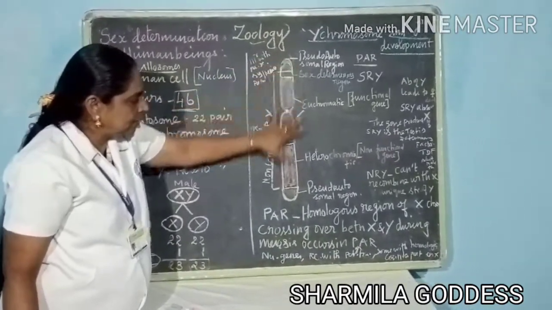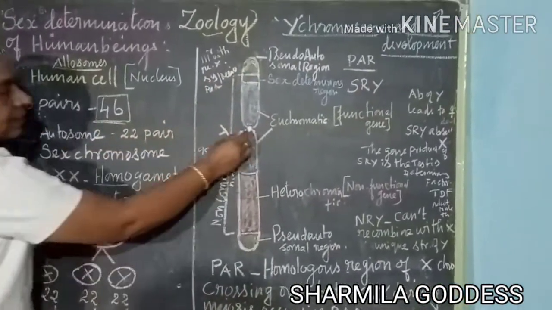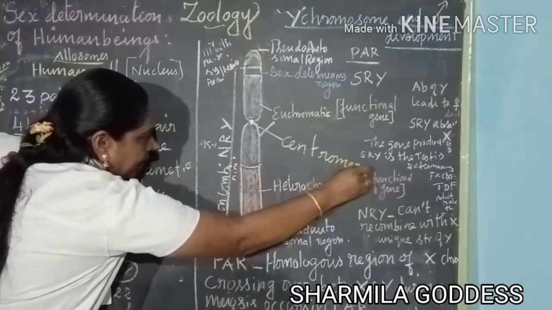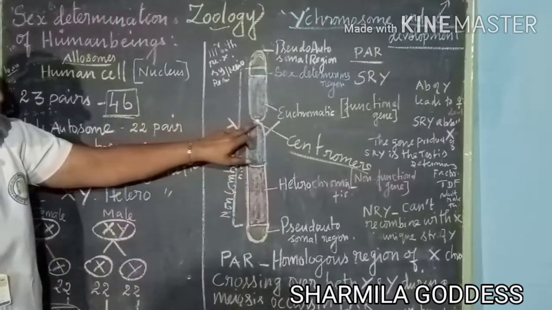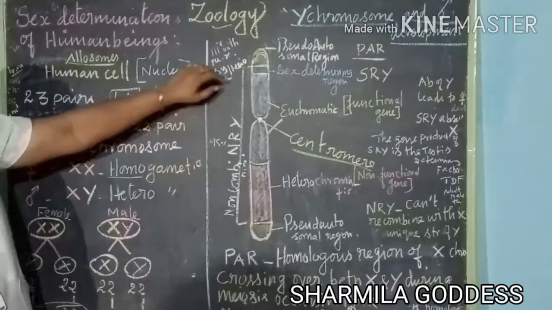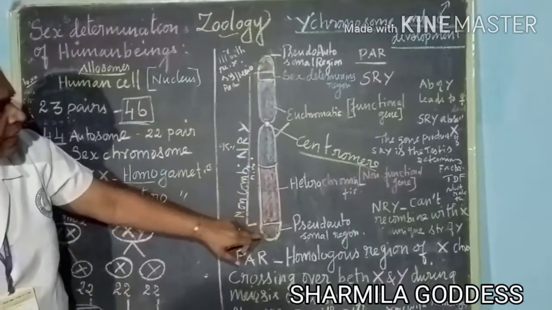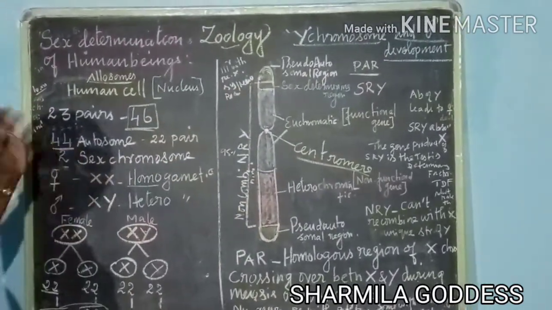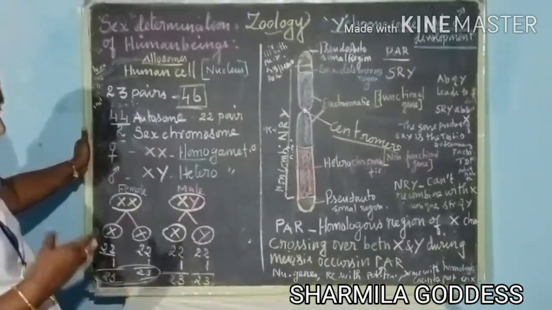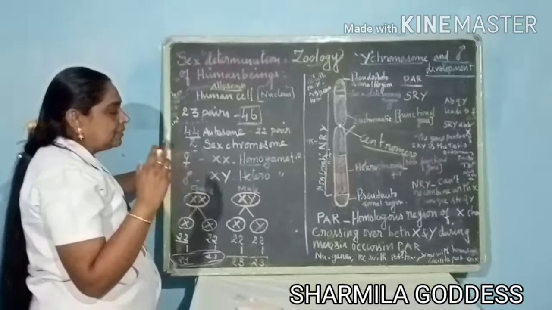Here, you see, this is a chromosome. It has 2 arms. The 2 arms are joined by what? Yes, I forgot, right? This is called a centromere. The centromere joins the 2 arms of the chromosome. This is a Y chromosome. The Y chromosome has numerous genes, and it has many regions with genetic potential.